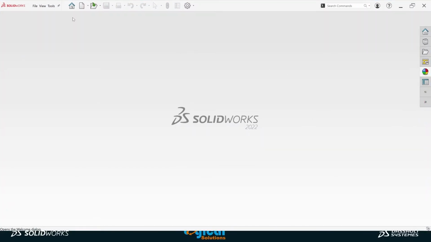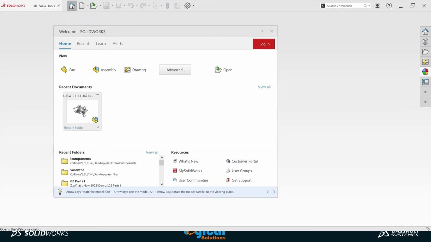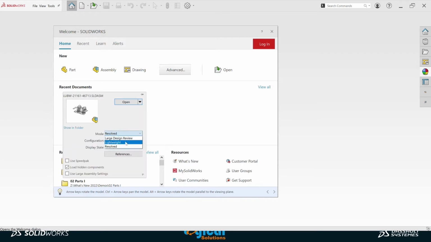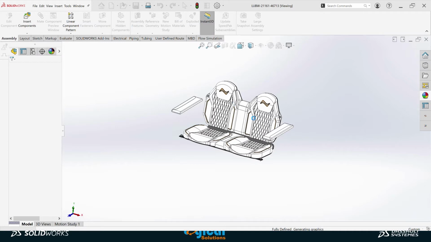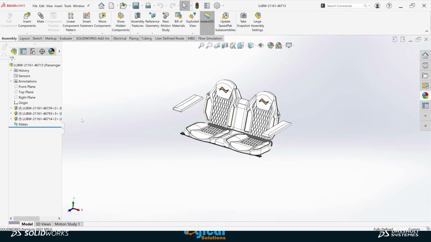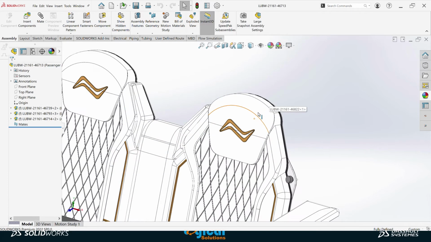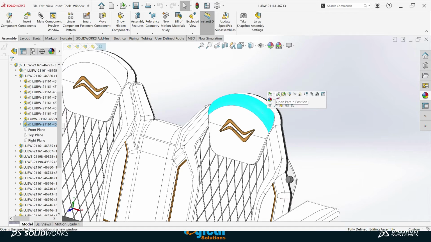Let me open SolidWorks. Let me open this assembly, but in lightweight mode. You can see how quickly it is opening in lightweight mode. So this is my assembly of two chairs, two seats. On the left side you can see that the components are loaded in lightweight mode. Now what I will do is open this component in its own window